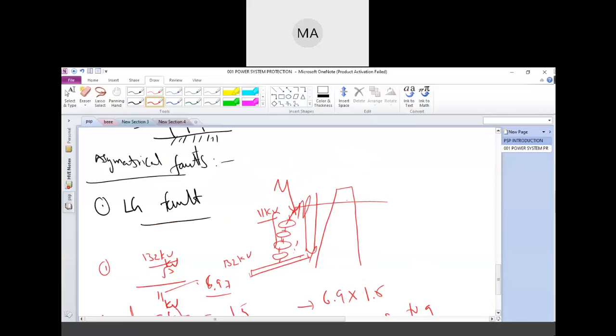Okay, so that will be the cross arm which will connect to the ground. So the cross arm will connect to the ground, right? So at that time, what will happen? The LG fault will occur. Okay, so let me take it again. So here, whenever the